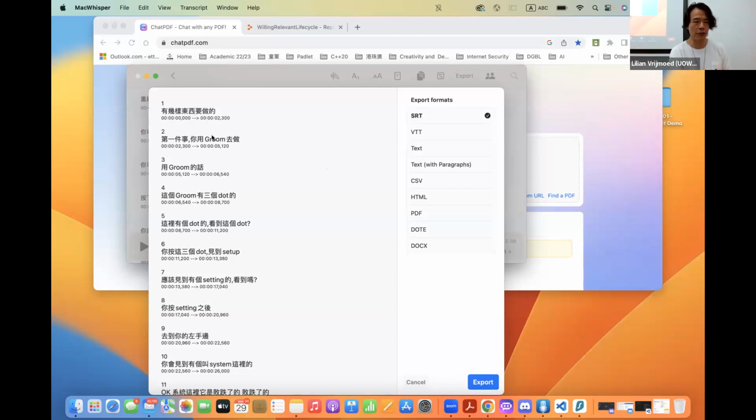Once you export it, it's actually a text file. Then you can modify it. For example, this should be Google Chrome. When you do the transcription, it's always best